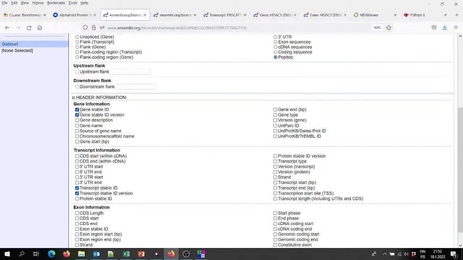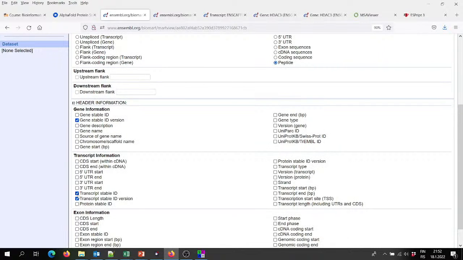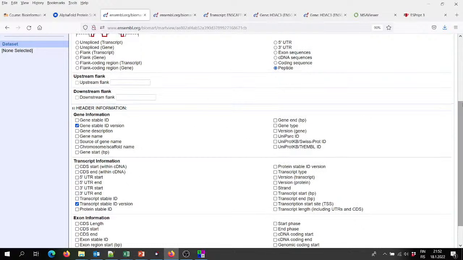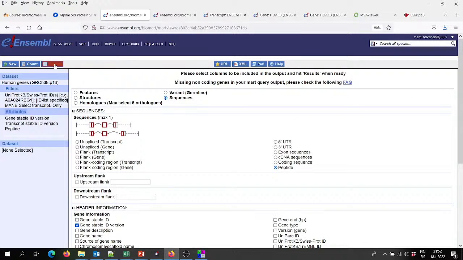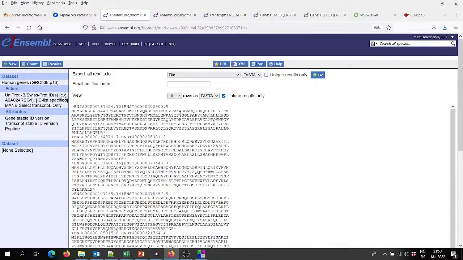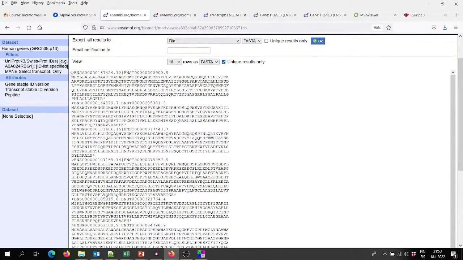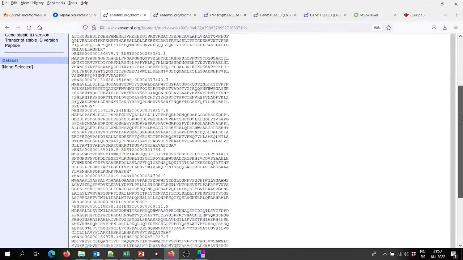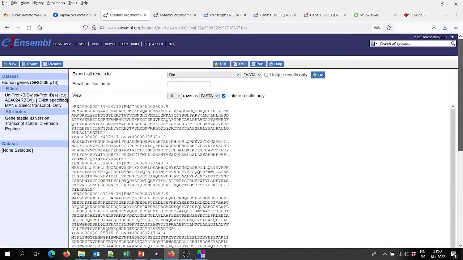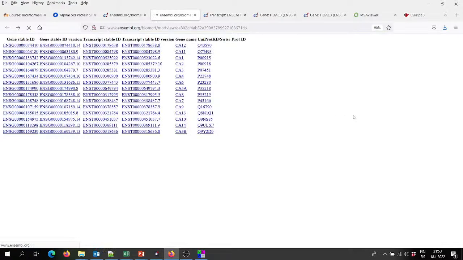We want the stable ID with the version, transcript ID with the version, and now this is a little bit cleaner. Just two items here, the gene name and the transcript name. And choosing all of them, we should get the